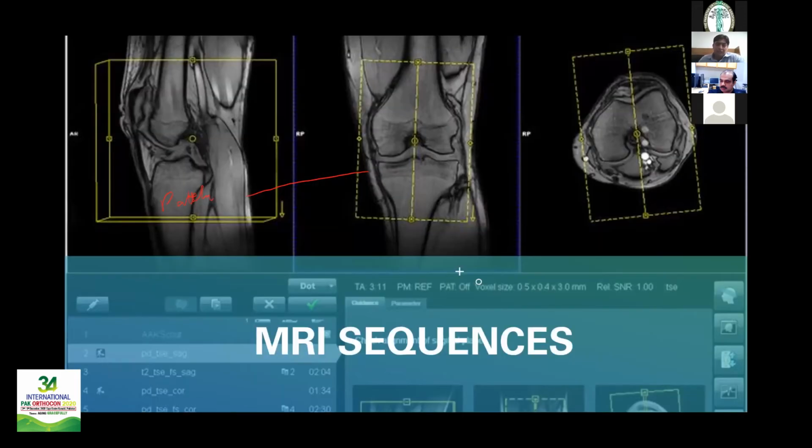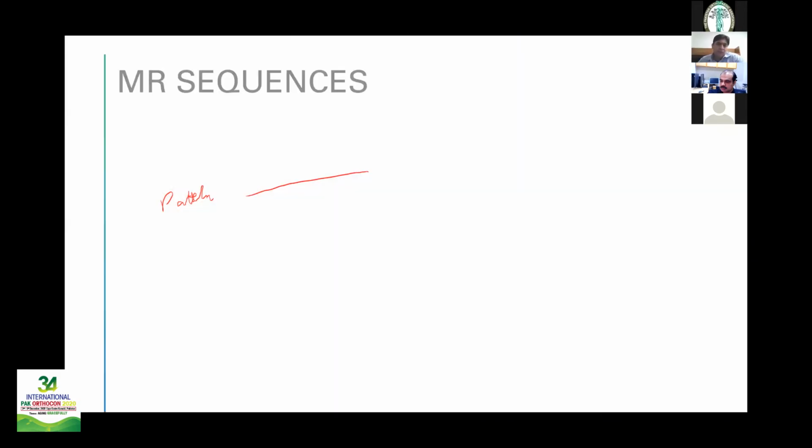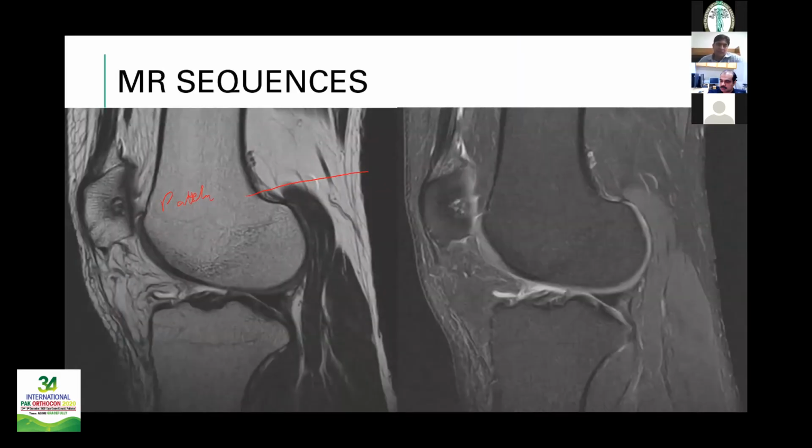Now coming to the basic MRI sequences, every institution has its own specific sequences that they follow, and there is no single universally accepted protocol. However, a usual protocol will involve a T2 weighted image and a PD weighted image. So this is a T2 weighted image in which fluid is bright. This is a corresponding PD fat sat image, in which you can see that the fat has been suppressed, and you can appreciate the articular cartilage here,